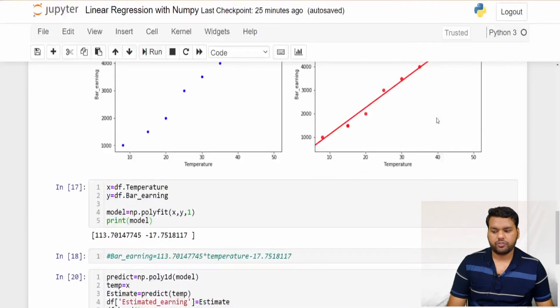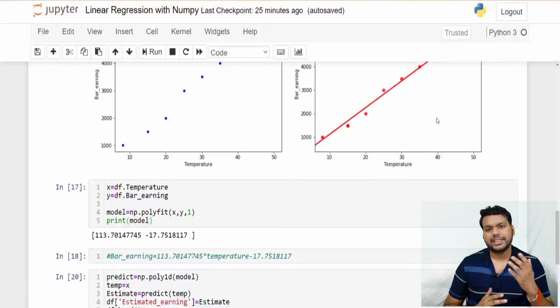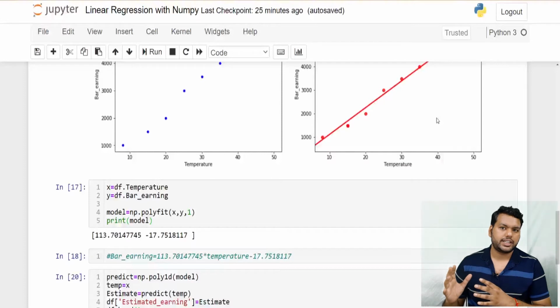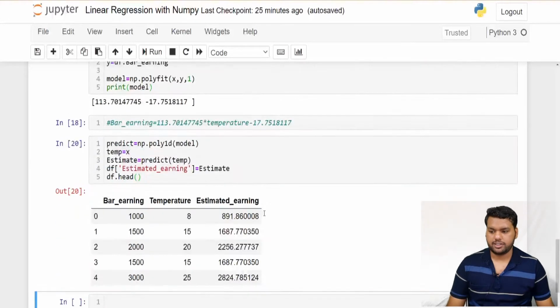So what polyfit did is calculate all the errors, then square those errors and take the summation, and then it finds the best line which minimizes the error, where the errors have very little value. There it fits that best line. So this is what the polyfit function actually did in this linear regression.